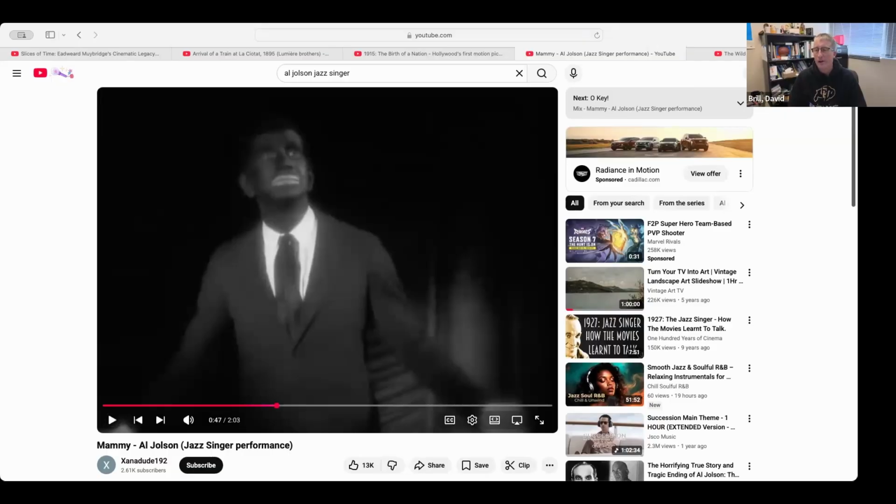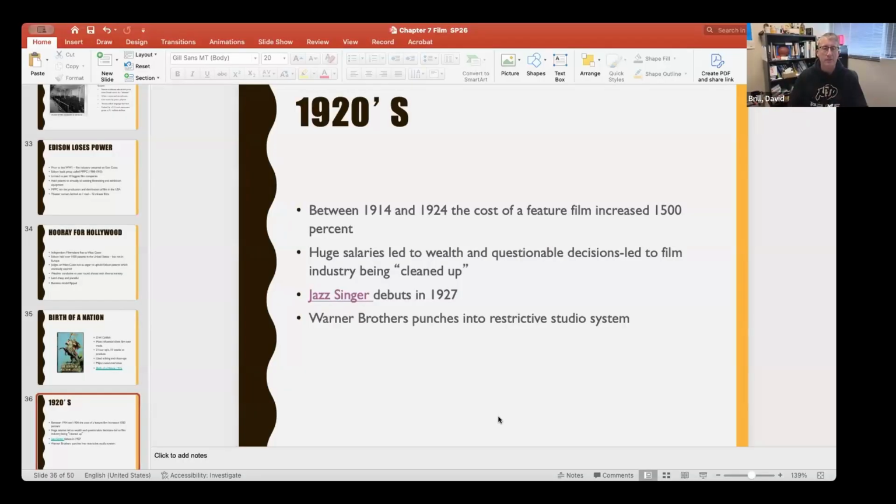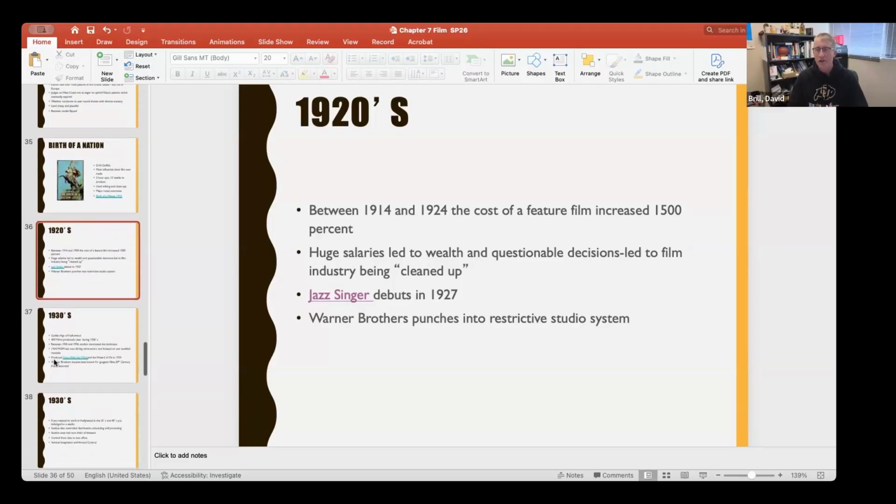All right, so there is a little excerpt of Al Jolson in 1927, part of The Jazz Singer. The reason that movie is important is that it's the first time we see an actual movie with sync sound, with a character on screen uttering dialogue that you can actually hear. It helped Warner Brothers punch through into the restrictive studio system. And just to tell you how influential that was,